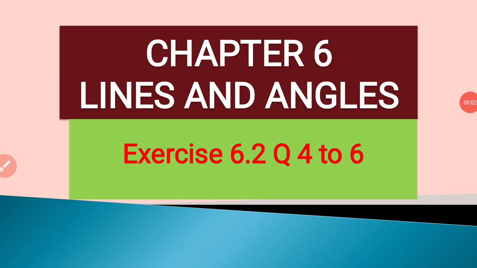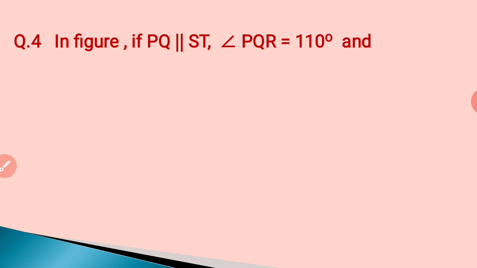Hello children, we have been studying chapter number 6, that is lines and angles of standard 9. We have studied a lot regarding angles. Now we are into the lines which are parallel lines and transversal. We have studied all the theorems and we started using them. Let's proceed. We are going to discuss more examples regarding them.